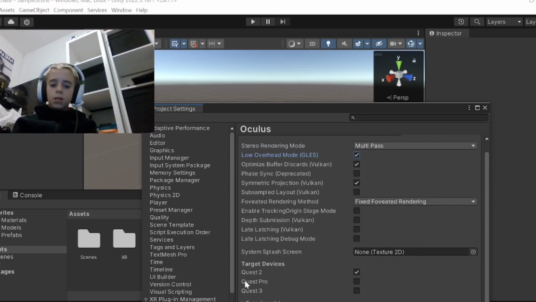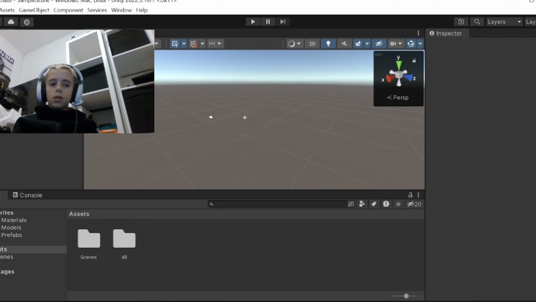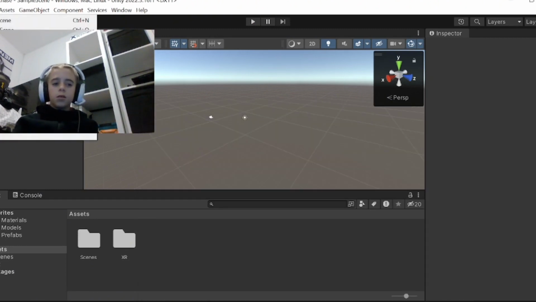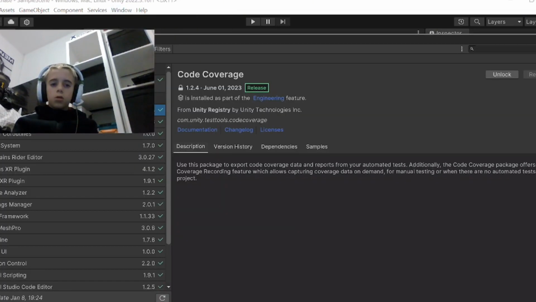And target devices, you can keep it on Quest 2 and Quest Pro, but obviously some people now have Quest 3, so turn on Quest 3 if you want. And then you can click the X. And you can go to File and hit Save if you want to, just save the project. I'm going to go